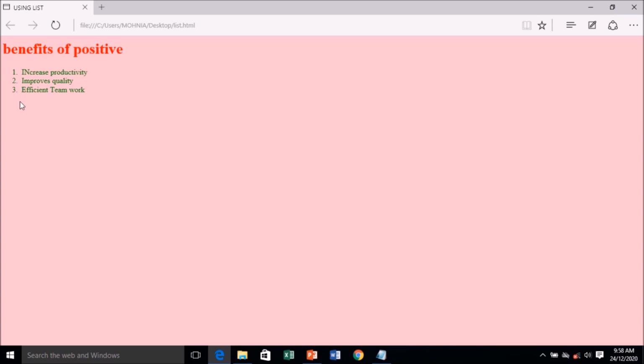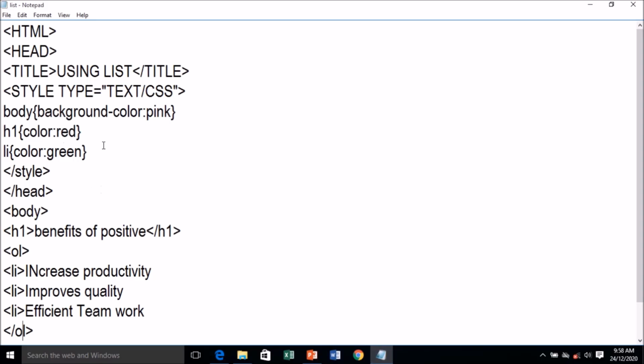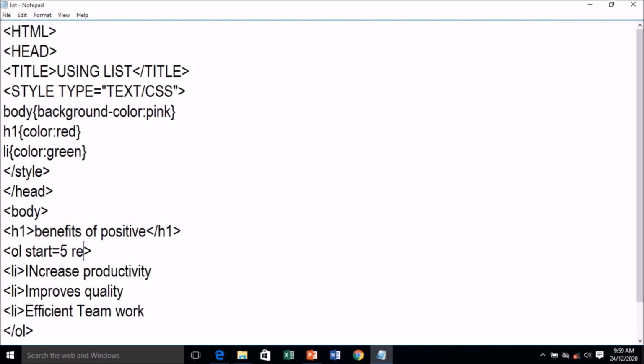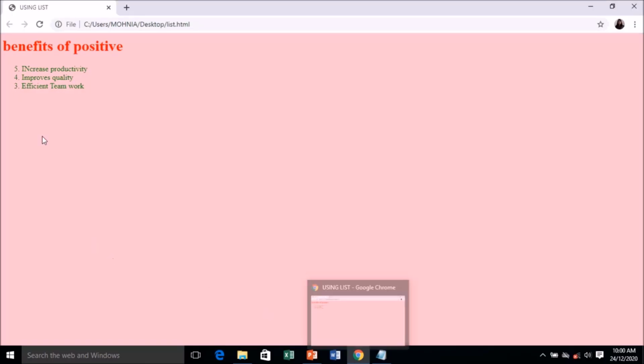Okay, next let's make one more change here. In ol, start equal to 5, and then we'll refresh. You can see the numbers started from 5, 5, 6 and 7. And in case you write reverse, the moment you write reverse, you can see everything comes in a reversed form.